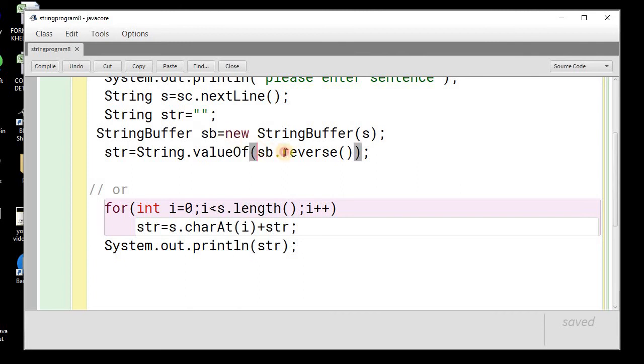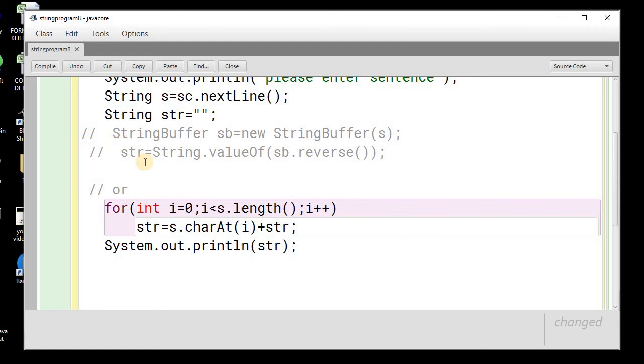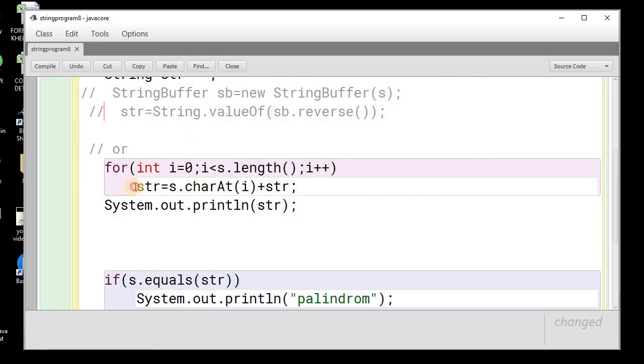Two, use the reverse function of the string buffer to get the reverse, and step three, convert the string buffer back to string. In this way, this is str, which is the reverse string of the s. So we can alternatively use any method. Either we can use the string buffer method, or we can do this in the original string also.